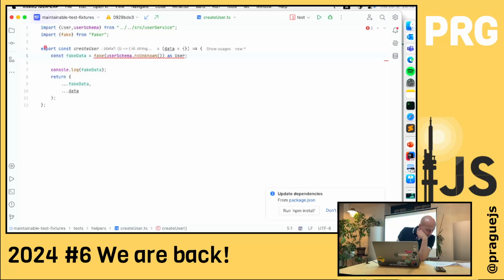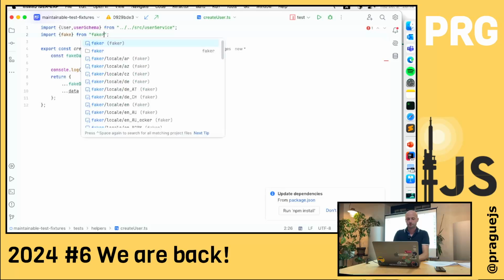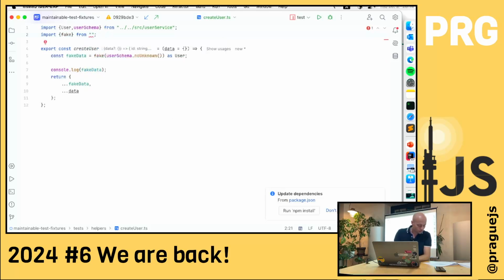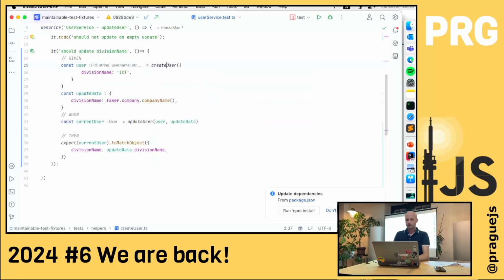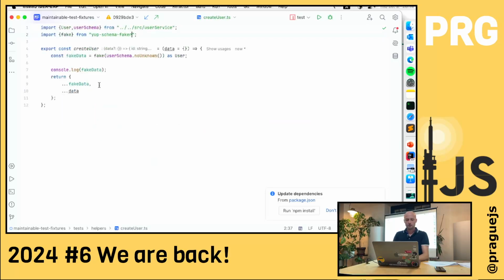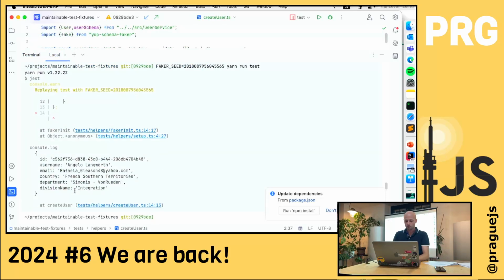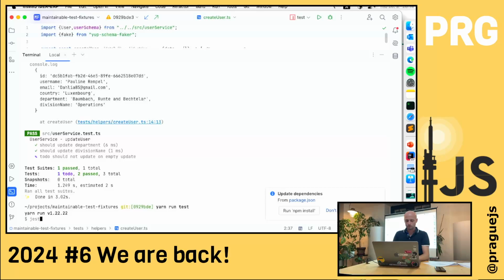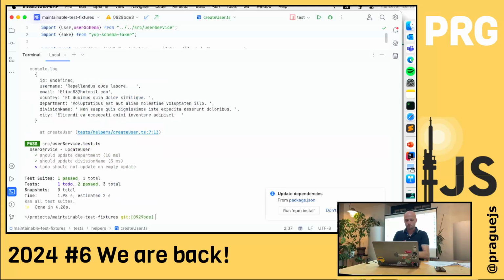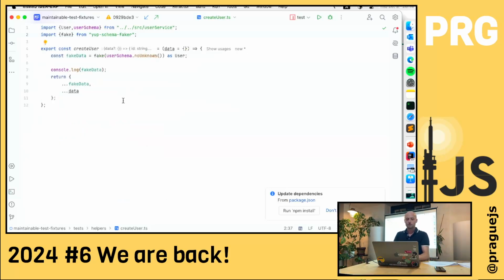Okay, there is a wrong library. There is a library called schema faker. Yes, now it works. So let's check the test. Nothing red. Types are fine. Let's see how my tests are. Yeah, green. Still green.